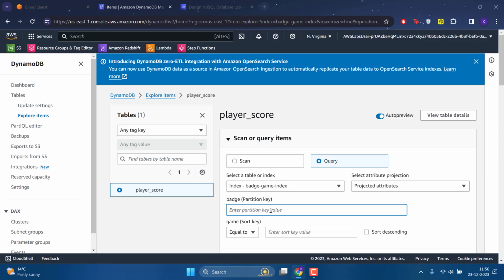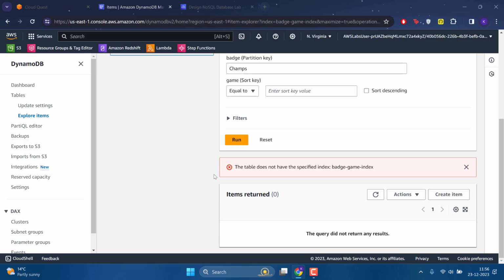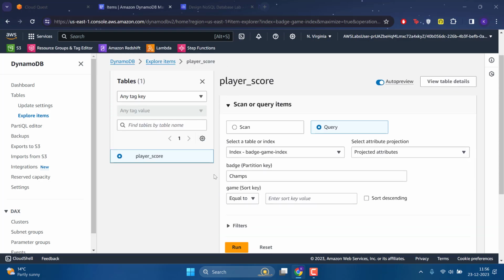Is it capital or small? I don't remember. Let's try this one. Okay, let me run it. Seriously, I just created it. Is it not batch game index? It is. Oh, maybe it is talking about this one.